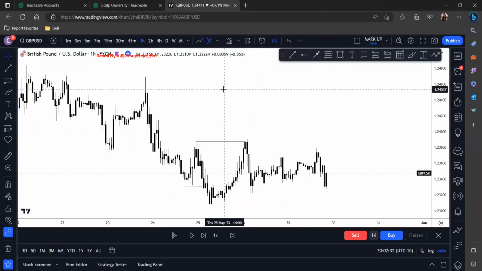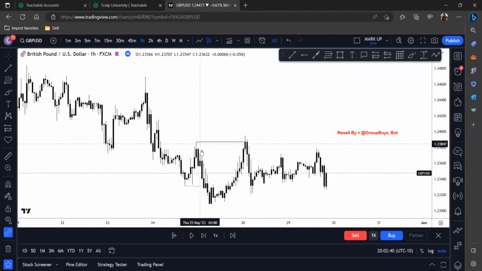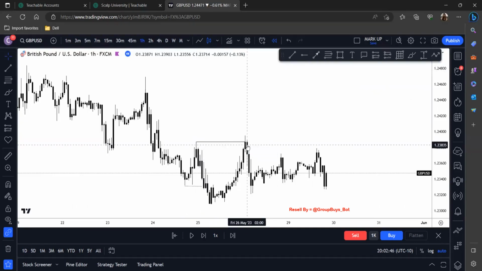Now, there would be a better context for this, like I said, on the 4 hour, because this is just based off of hindsight on the 1 hour. If I was to just start off on the 1 hour here, I would think, okay, there was a break of structure here, but I'm not too sure because it didn't give me that full volume push to break this wick on the 1 hour. So it would leave me a little iffy.